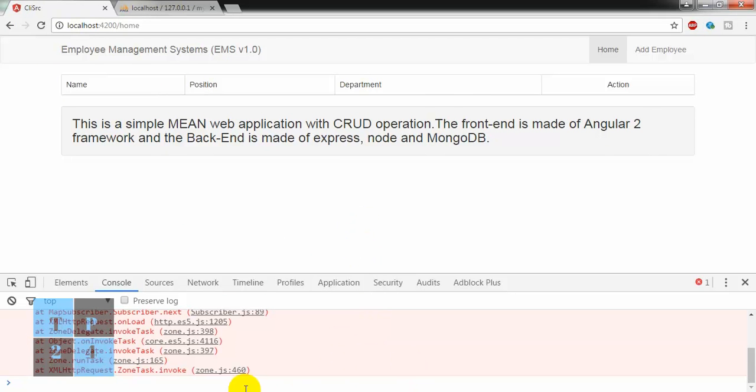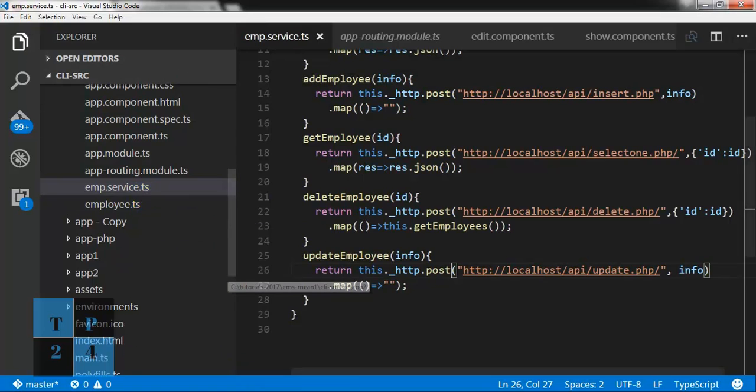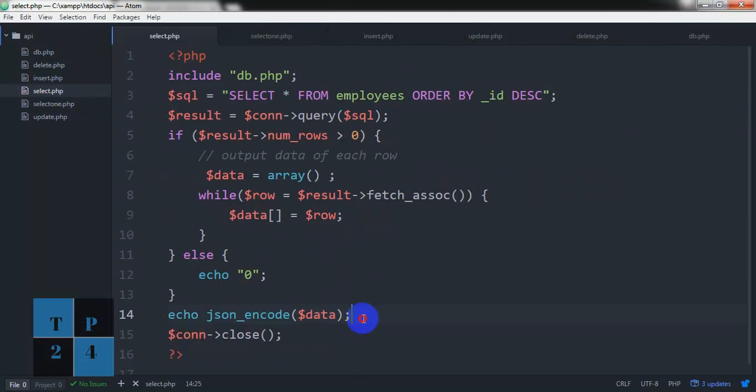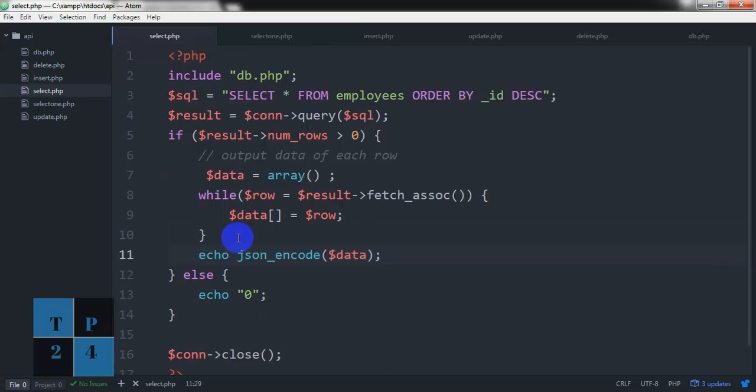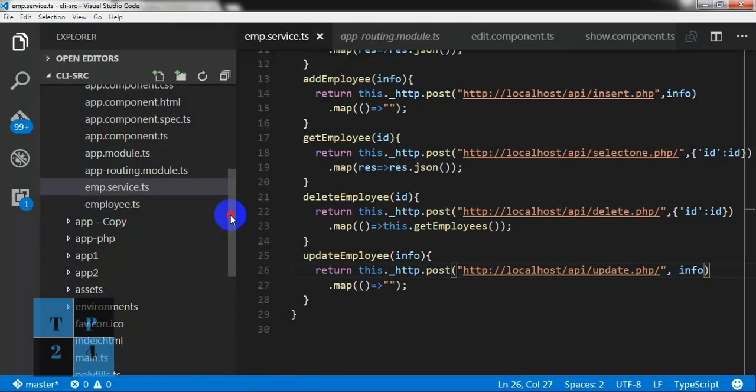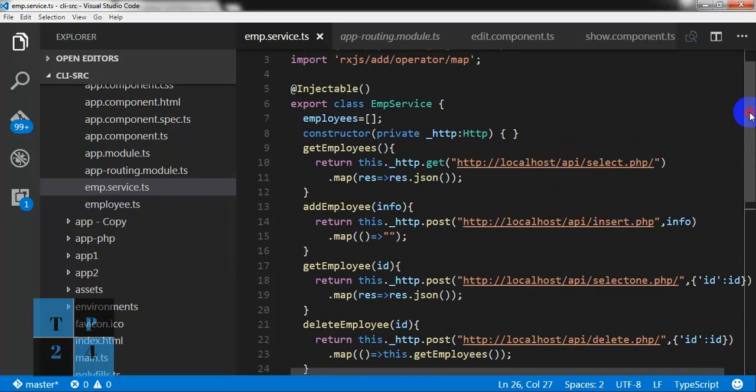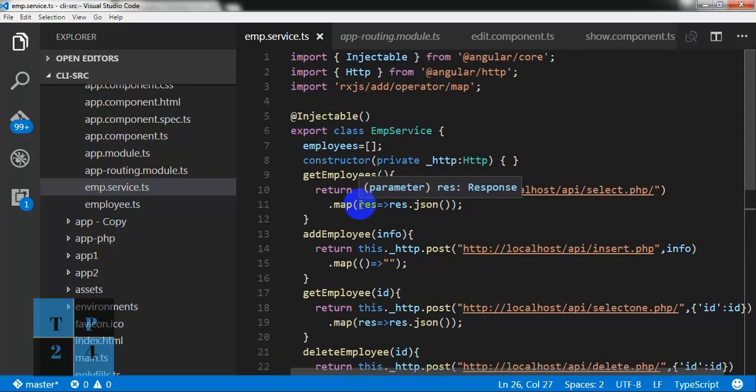So to solve this problem, I'll have to go and here in select PHP, I'm putting this line here, and when there is no row into the table, employee table, then it will come into this block of code. So I'll have to check it from my code. So into the employee service, get employees here,